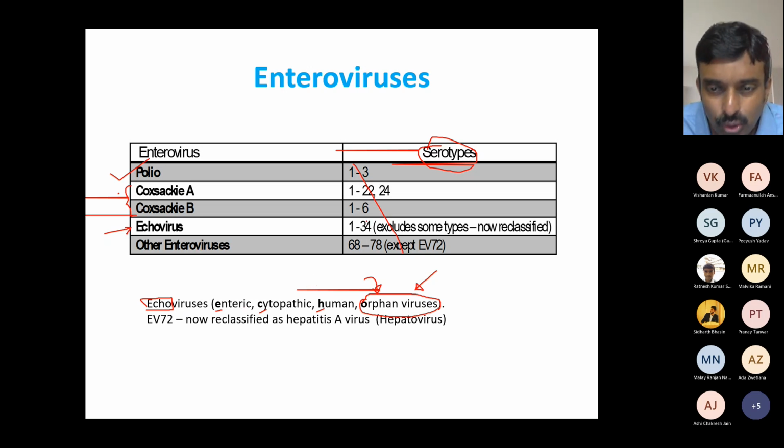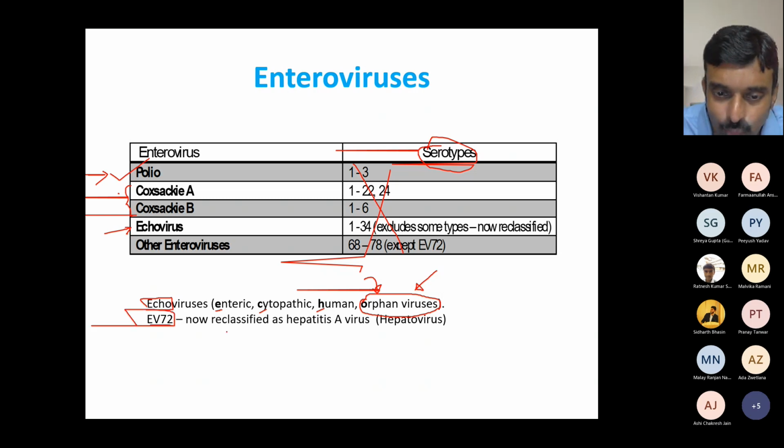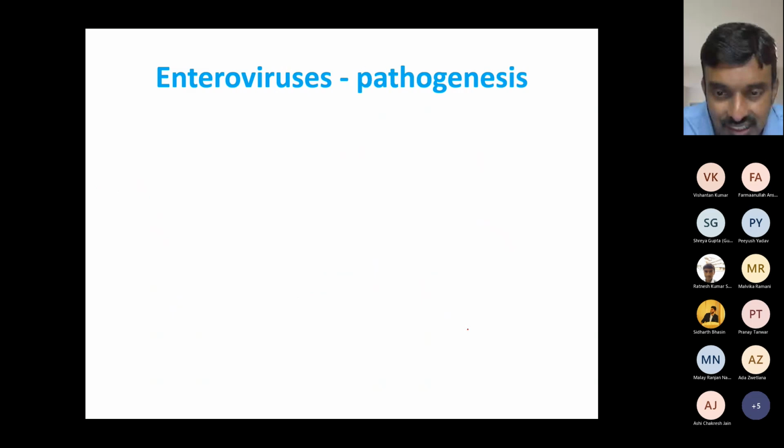Okay, so you don't have to memorize these at all. We'll read a little bit about these later in this course in the next few lectures, but today and the next one or two classes we'll focus on poliovirus. Again, you don't have to memorize this part, don't worry about it. Now there's just one note here. What was referred to as enterovirus 72 several decades ago is now being reclassified as hepatitis A virus. It's just for information's sake, don't worry about it.